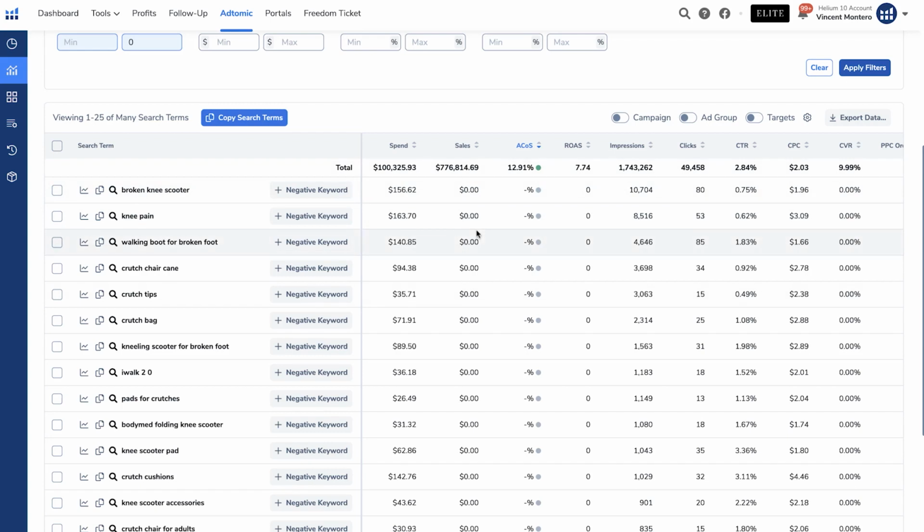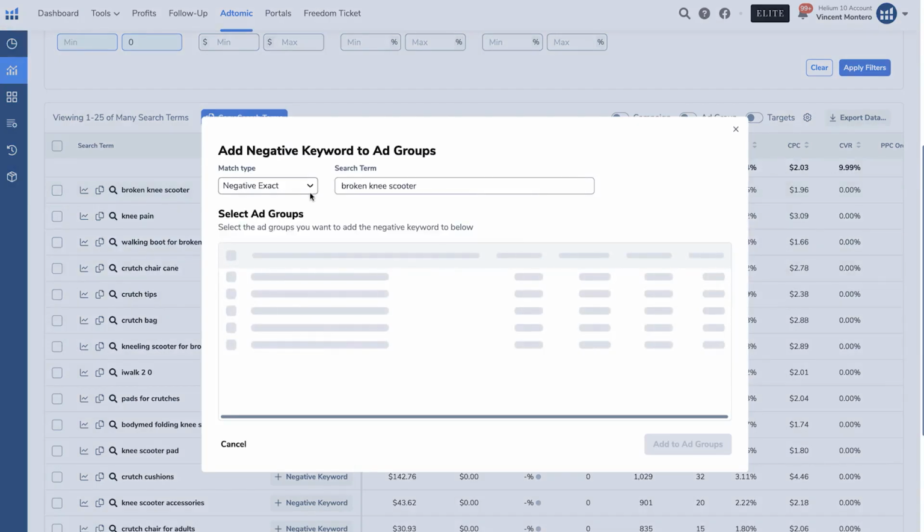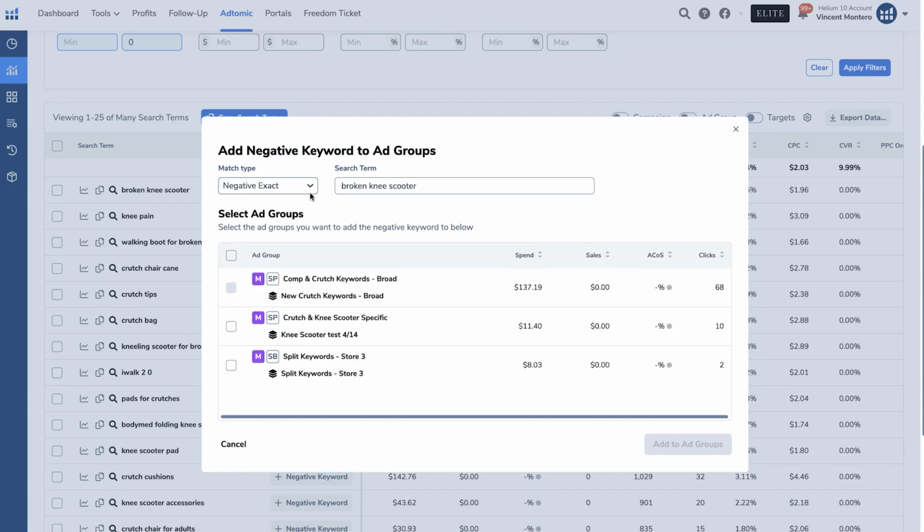Now again, these are something that the rules would catch in Atomic, but we're looking at this from a fresh perspective to show you that you can manually get the same information. Again, really quickly, if you wanted to, you can add these as negative across the board. In this example, you can see it's already negative in this first one here, but like I've said before, if it's not going to convert after 68 clicks in this one campaign, it's most likely not going to convert in